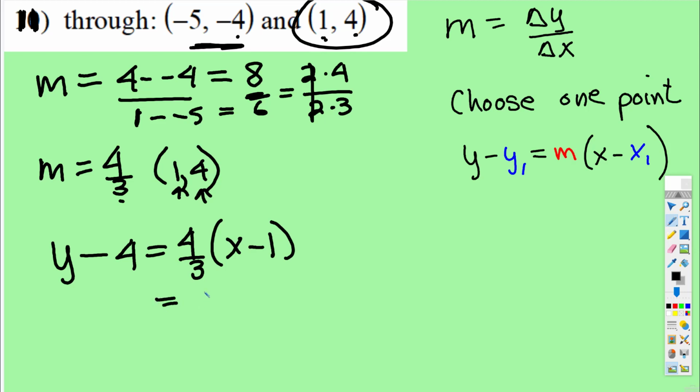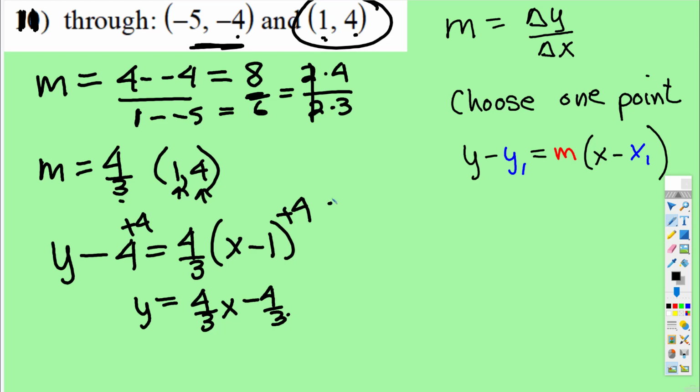Do the distributive. So 4/3 times x is 4/3 x. 4/3 times -1 is just -4/3. And on the left side, we're going to add 4. When we add 4 to the right side, we want it to be in fractional form. So I'm going to multiply top and bottom by